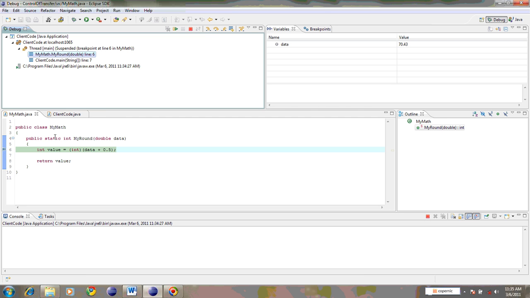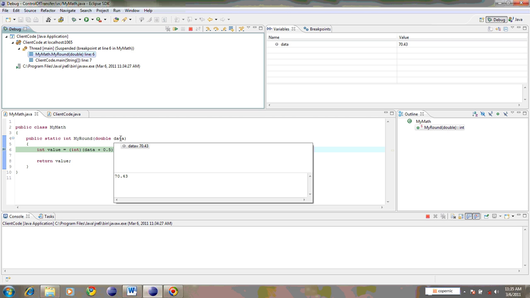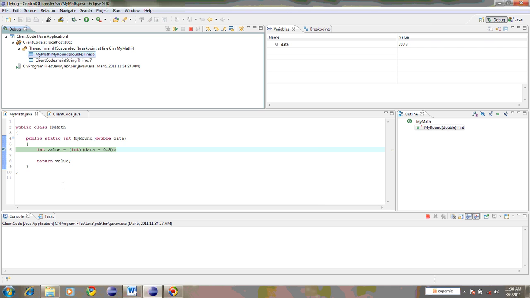So notice the control suddenly jumped to myMath class and the first line inside the myRound method of myMath class. And if I put my mouse here, you'll see the value of 70.43 that was passed from the client code has been copied into this variable data. Okay? So now this line, if I click on,